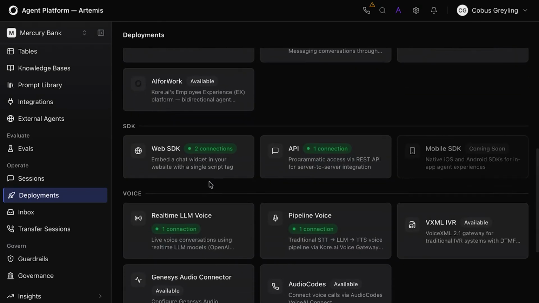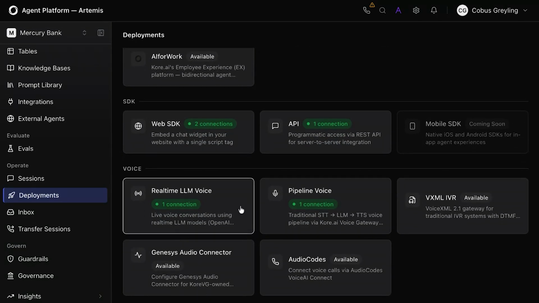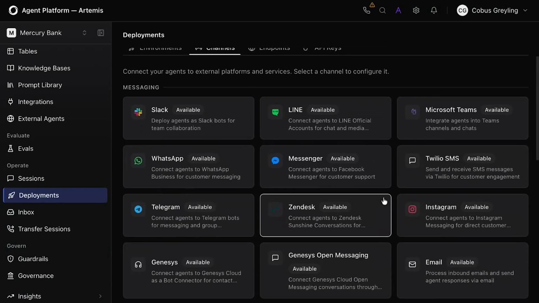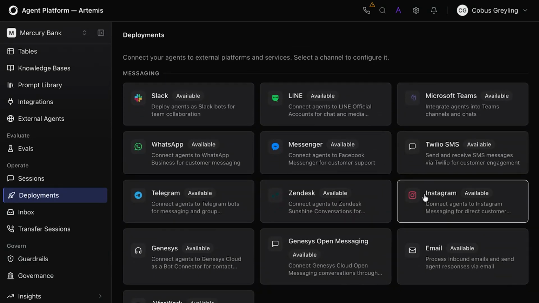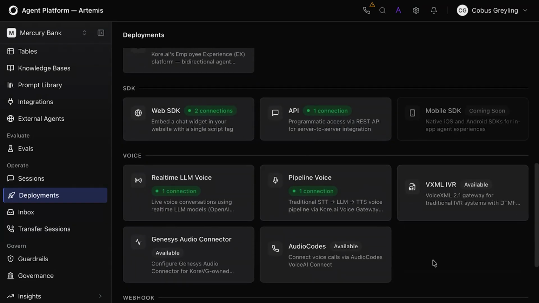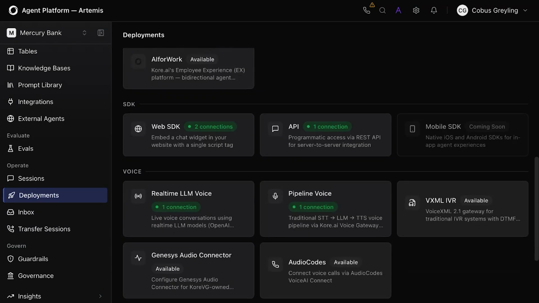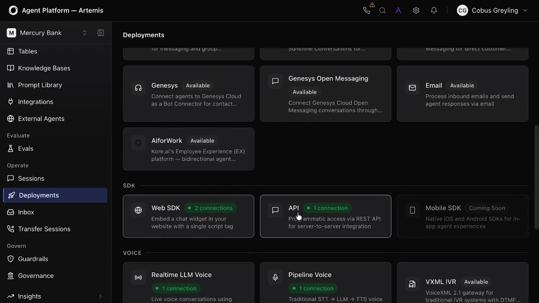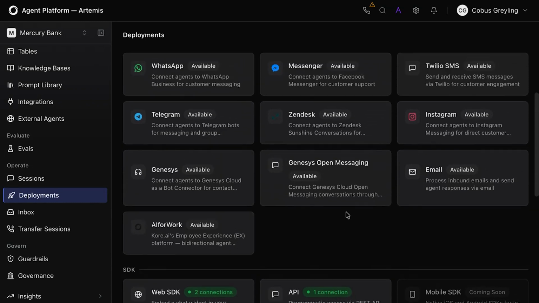So now you can see I've currently got these different connectors that are live. So this gives you a brief view into what connectors are available and to which of these connectors your application is deployed to. So you can see I've got the pipeline voice, real-time voice, and different other SDK integrations.